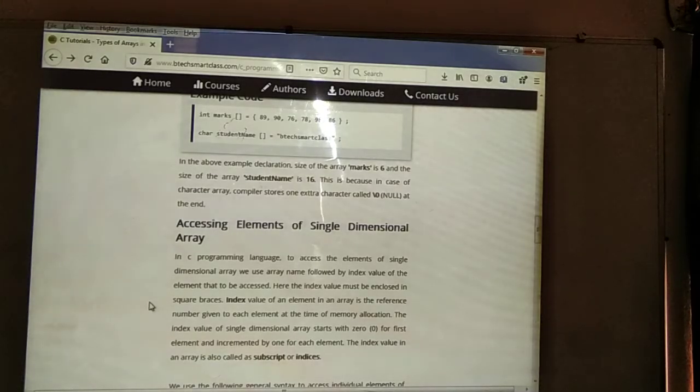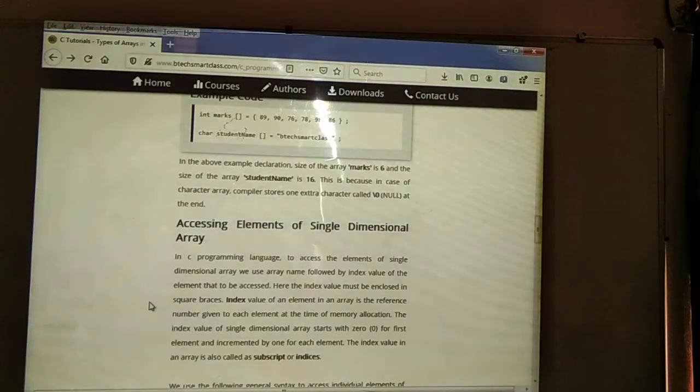The indexing value of a single dimensional array starts with 0. Means it should start where onwards? 0 onwards for the first element, and is incremented by 1 for each element. Means it should be incremented for each and every element, and the index value will be stored.